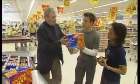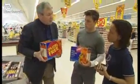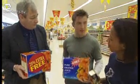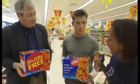Let's do a test. Here are 2 offers straight from the shelves. This one's 6 for 5, and this one's 20% extra free. Which do you think offers the best value? I think it's that one. I think this is the 6 for 5, definitely. Do you reckon? Yeah. Well, to check who's right, we're going to need to find out how much more you're